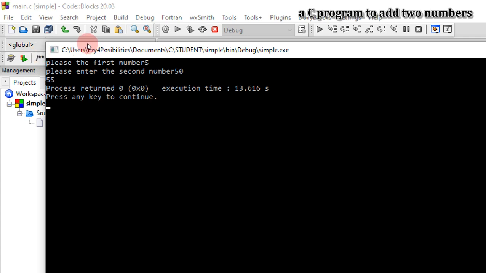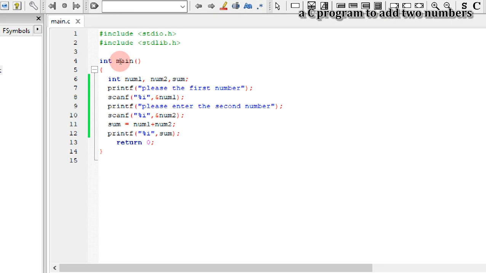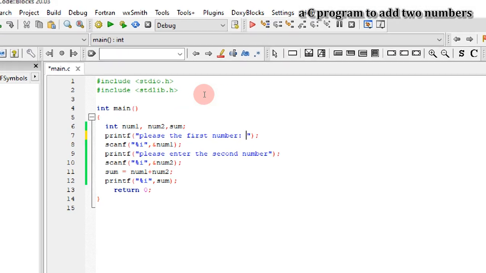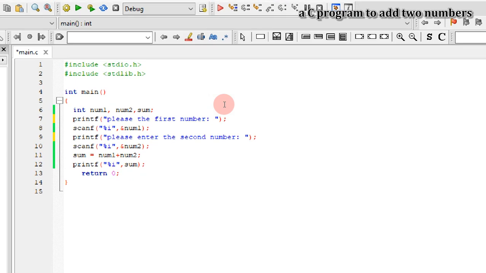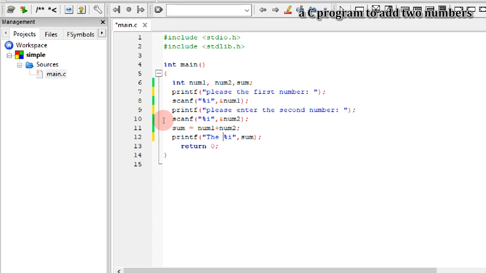But look at something. This first num, this 5, is very close to num, 50 is very close to num. If you don't take time, you might not really differentiate or identify them. Let's go back to our program and see what we can do about that. I'm going to hit my space bar to come back here, but you can actually hit any particular key. So I'm going to put a colon here and put a space, for readability's sake. Then I actually want a message to say that the sum is equal to